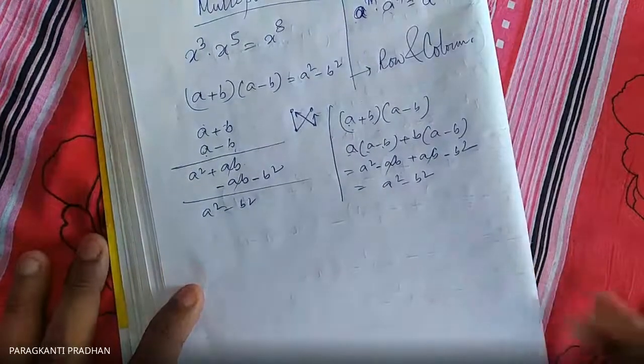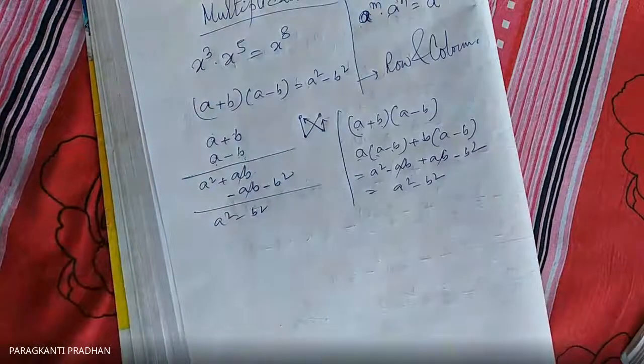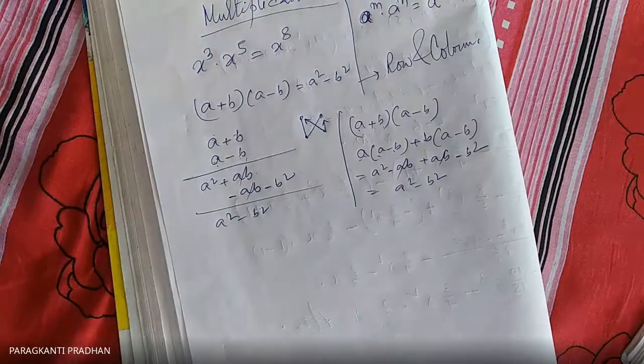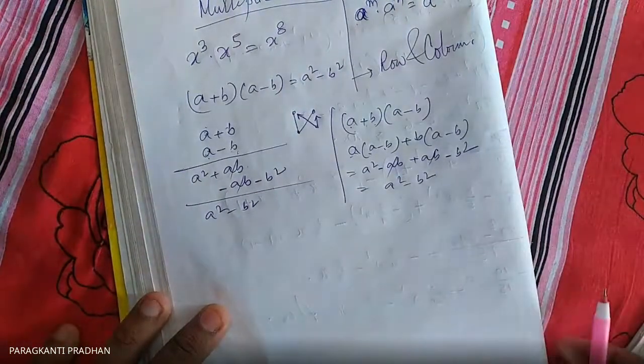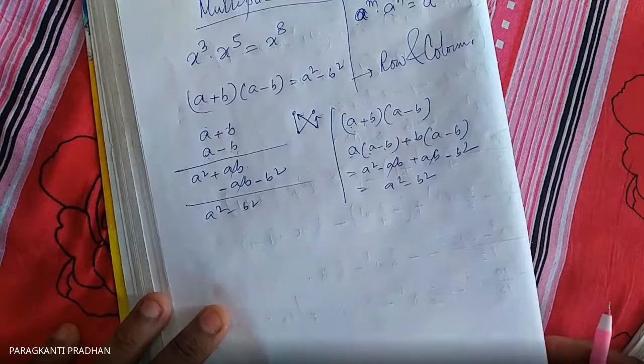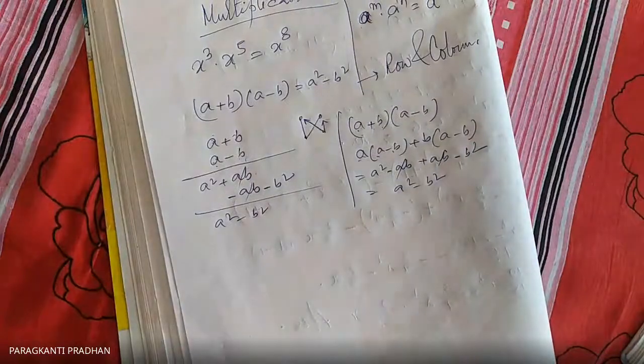Now I am giving you some problems. There are multiplications like monomial into monomial, monomial into binomial, binomial into binomial, binomial into trinomial, trinomial into trinomial, like that. There are so many methods, but I'm teaching you just the exercises 6.B, 6.C, and 6.D. All are very easy. Don't be worried, I'm teaching you.